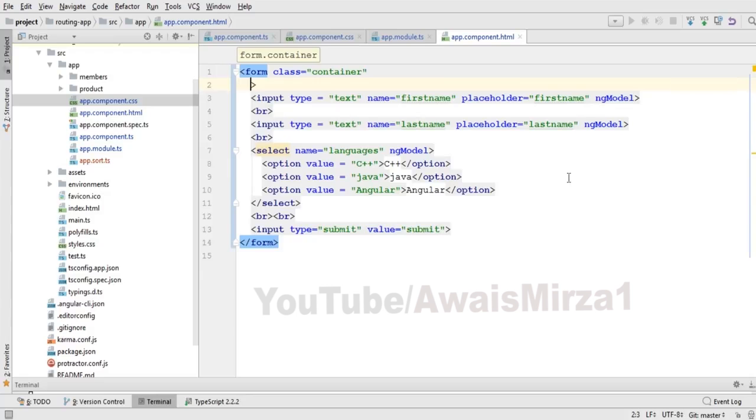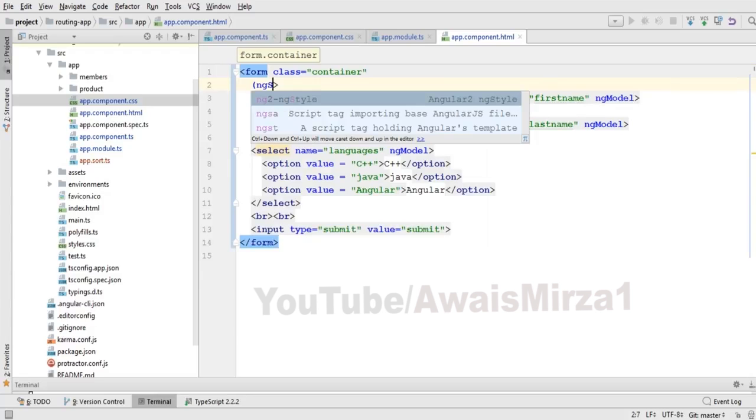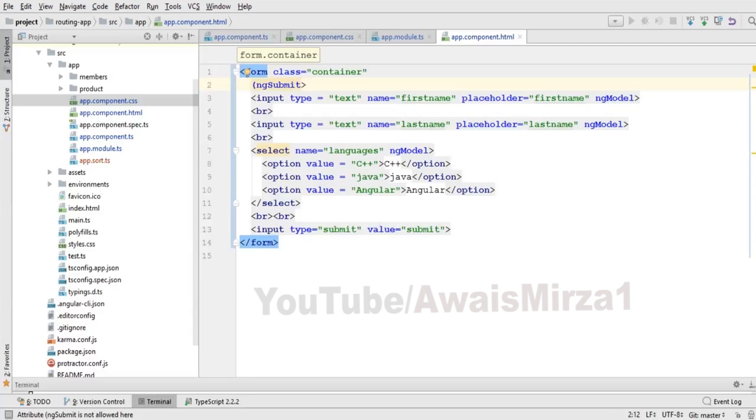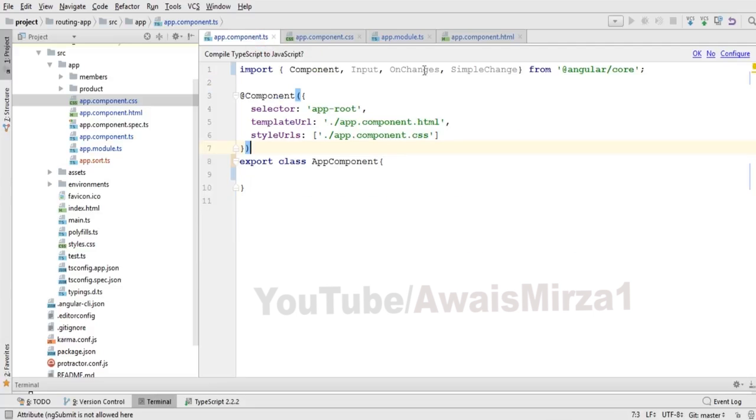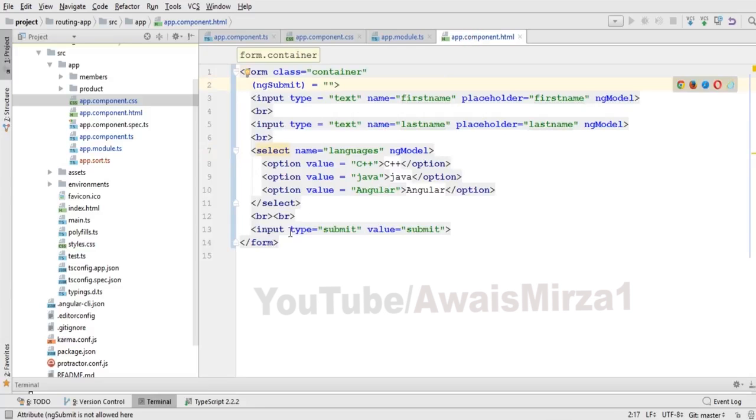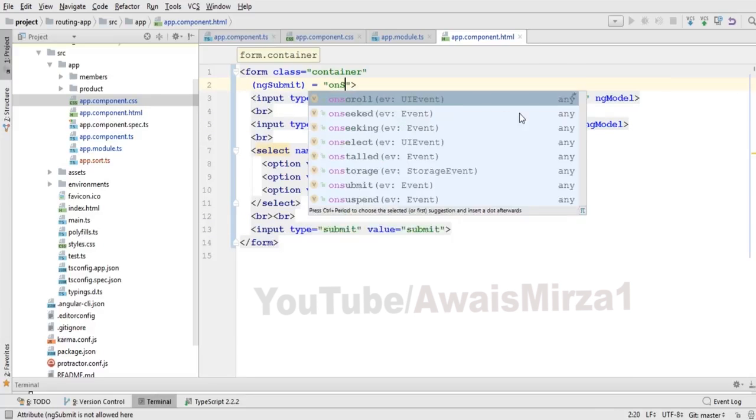So I will first write ngSubmit equals to, and I'm going to name the function, and that function would be inside this component. Whenever this form is submitted, when this button is clicked, then which function should be called, and that function will receive all the values that will be written within these input elements. So I need to define the function name. So I will write onSubmit,